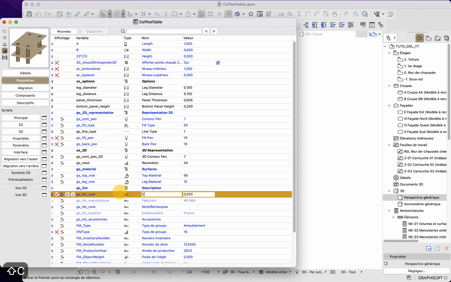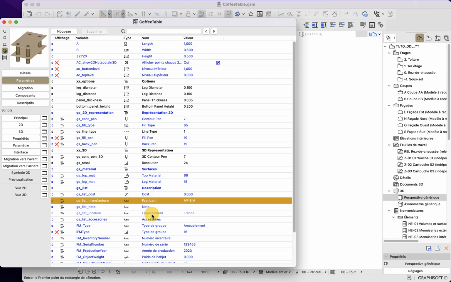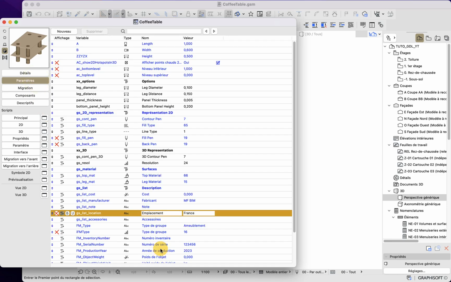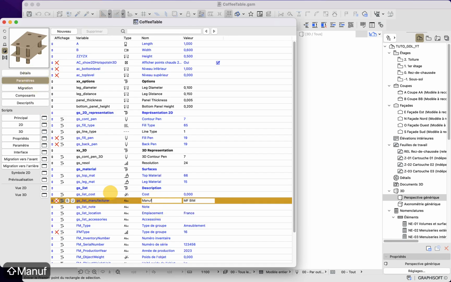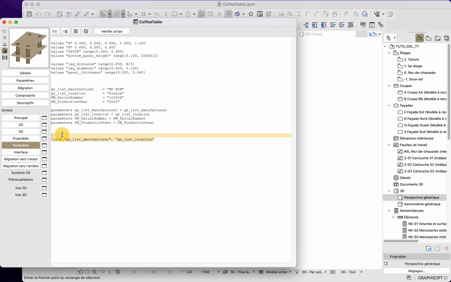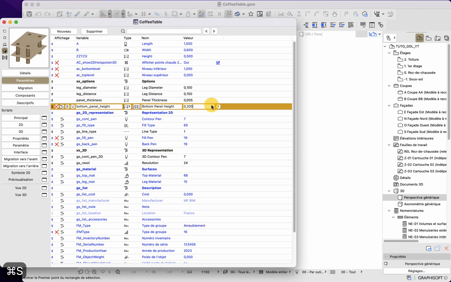And for this one, if you want to, you can also translate them as well. Here you can see that I do not have access to those parameters because they are grayed out. If I want to change the name, I will need to comment this line out first and then change it. Here and location. And now I can simply reactivate the line and all is good. We will keep the rest as is. Now let me save.